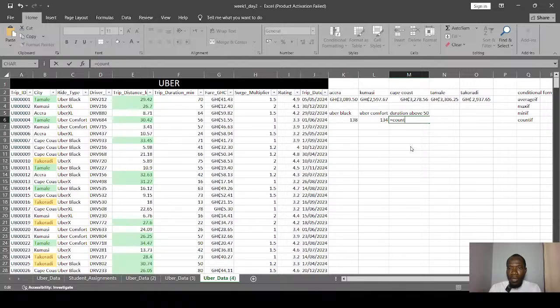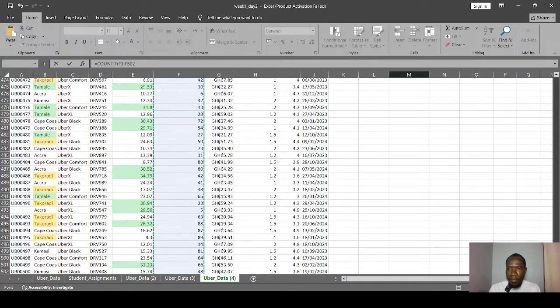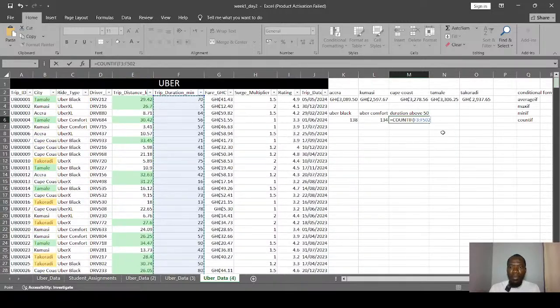if, right? So we double click on count if, then it's asking for the range. The range starts from cell F3, Control Shift down arrow to highlight everything, right? We bring our comma, and the criteria, because when we want to bring equal to, greater than, all those mathematical operators, Excel gets confused.